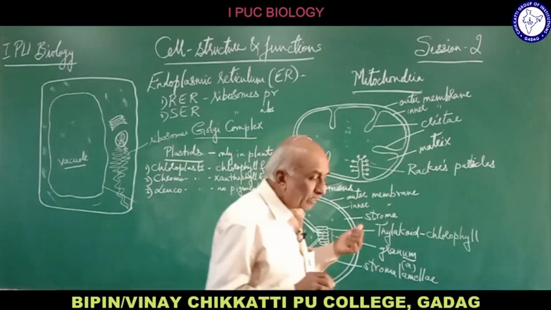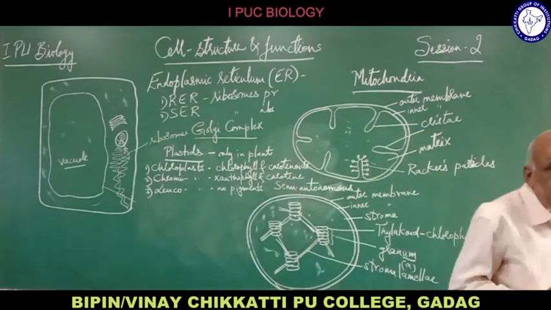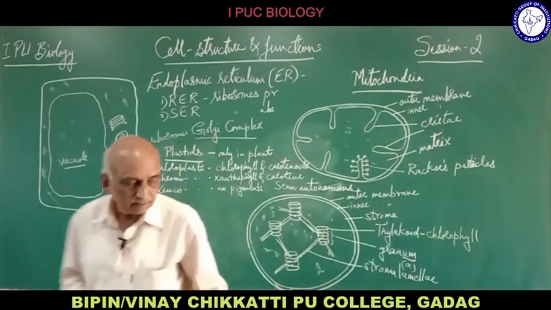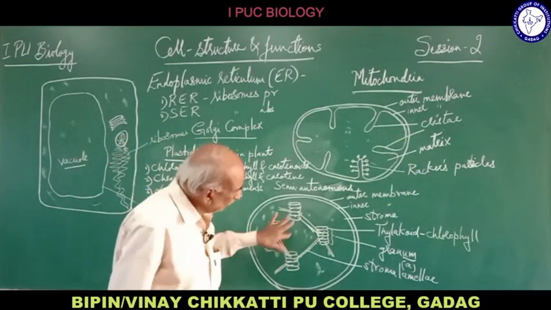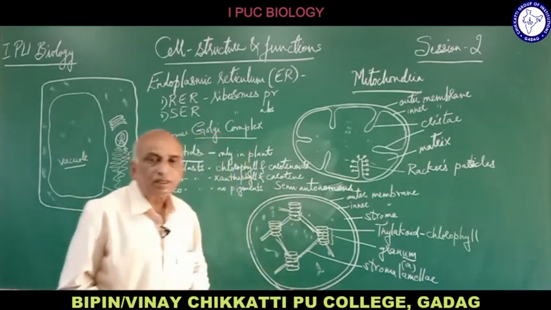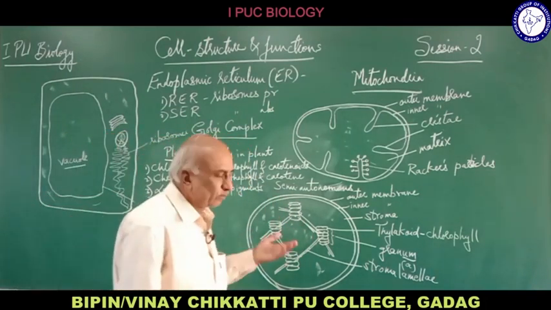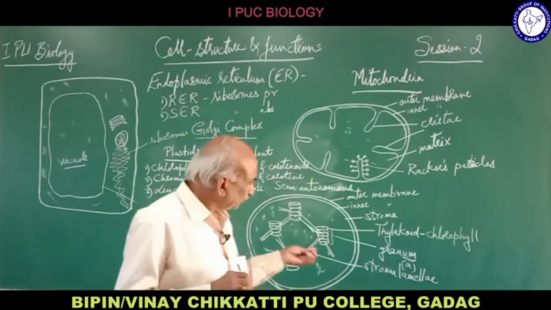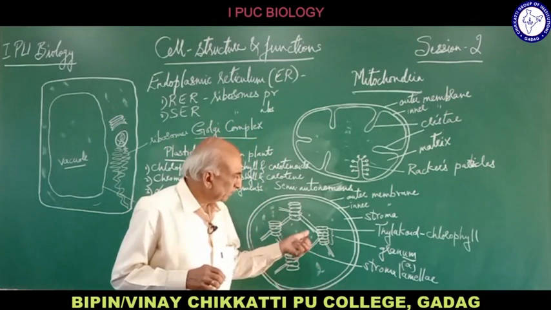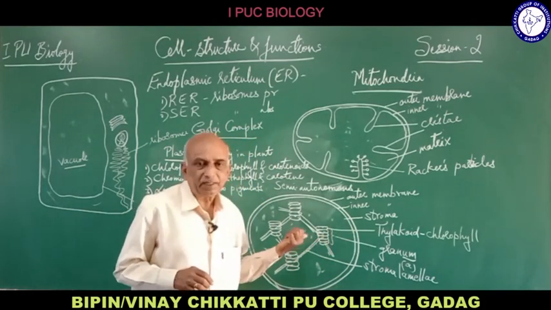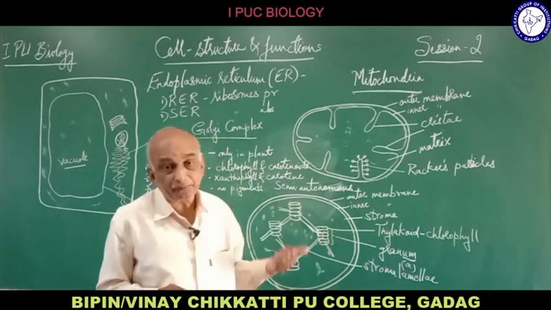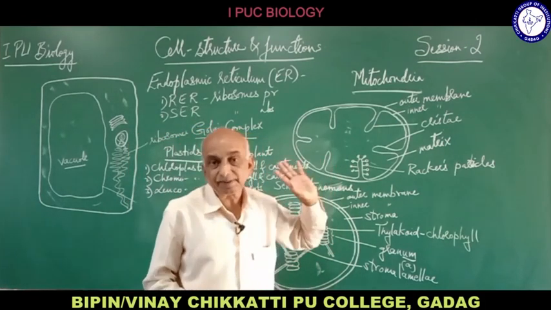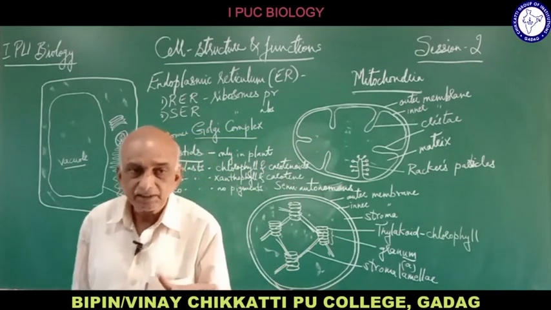Similarly, the number of grana in a chloroplast is constant for a species. That is about the structure of the chloroplast. The function of the chloroplast depends upon the pigment. When the chloroplast contains chlorophyll, definitely it is involved in photosynthesis, which is the only function of the chloroplast. But for mitochondria, the only function is cellular respiration, to produce and store energy.